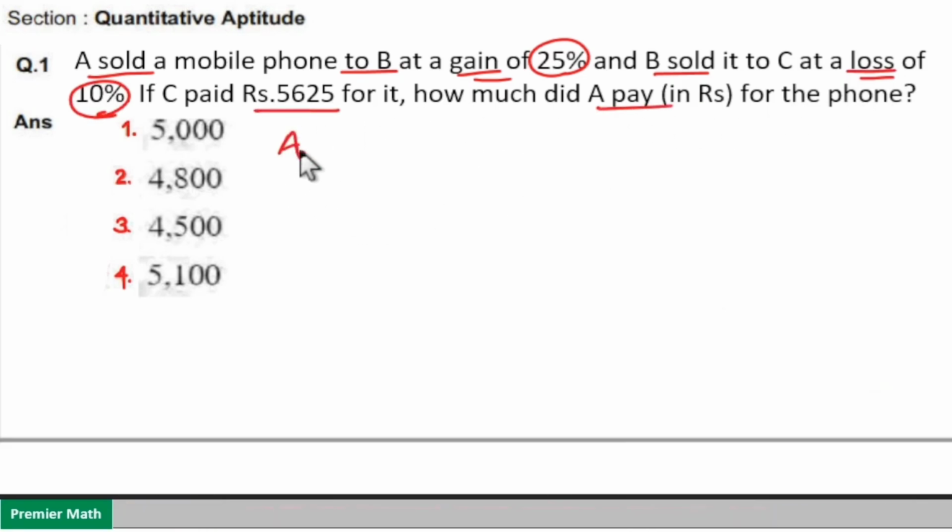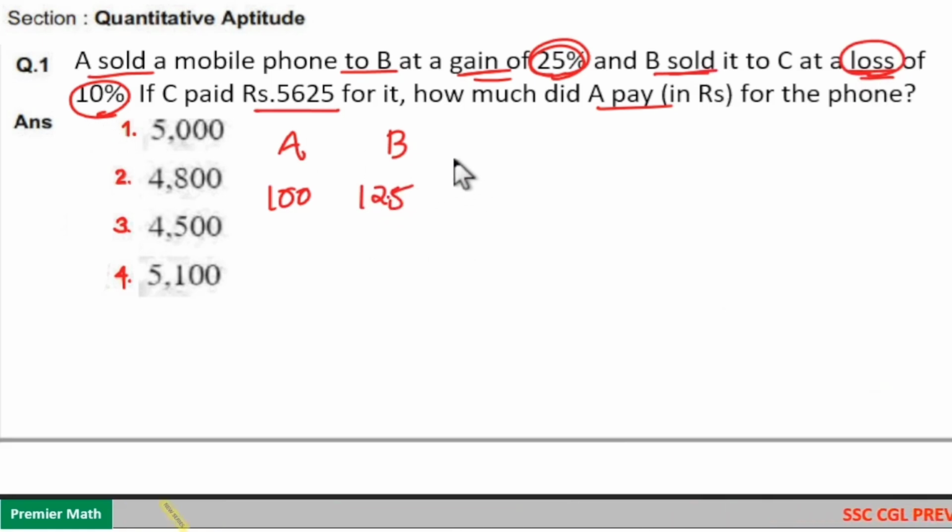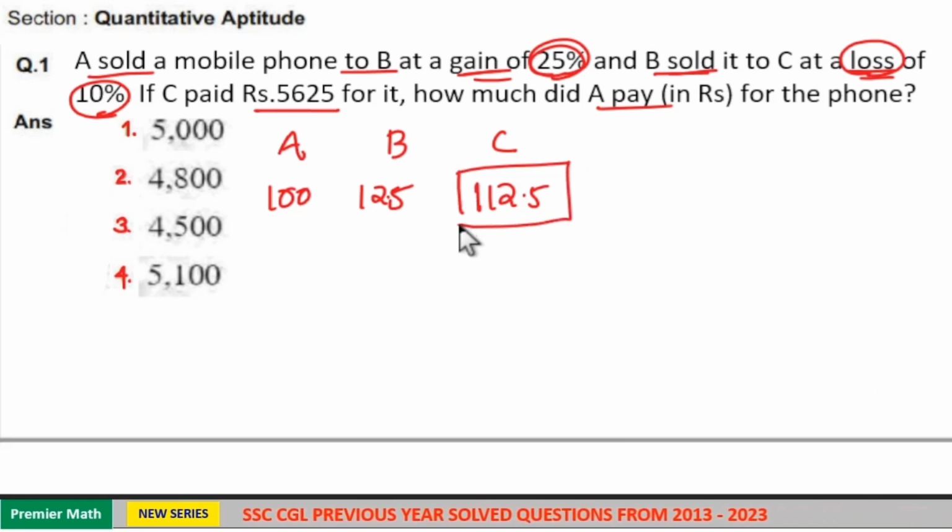Here consider A paid 100 rupees for the phone. Now he sold it at a gain of 25%. That is, he sold it at 125 rupees to B. Now B sold it to C at a loss of 10%. So 10% of 125 is equal to 12.5. So he sold it to C at 125 minus 12.5, which is equal to 112.5. So the final selling price is equal to 112.5, which is given in the question